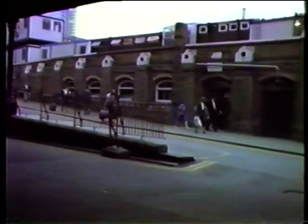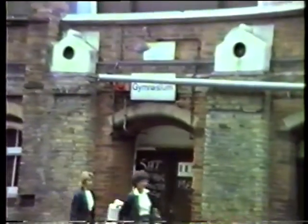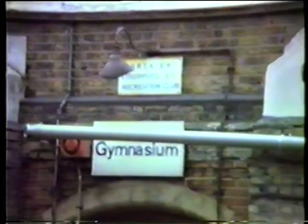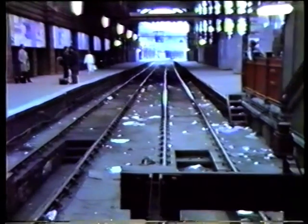You can see behind the ramp is where the old tunnel connecting the underground with the mainline station used to run. Latterly housed the gymnasium. We are entering the station proper. We're looking now down along platforms 1 and 2 at Liverpool Street mainline station. Turning round,